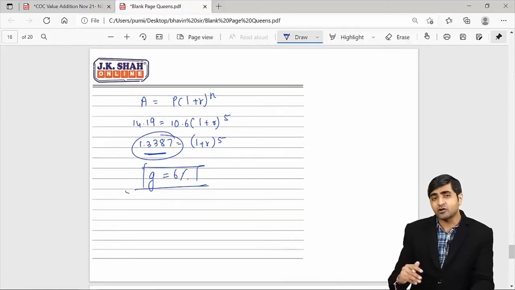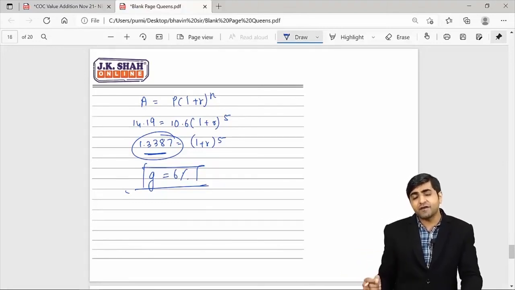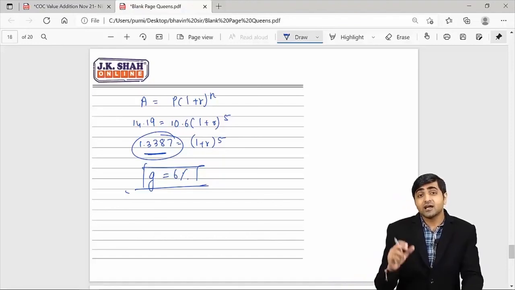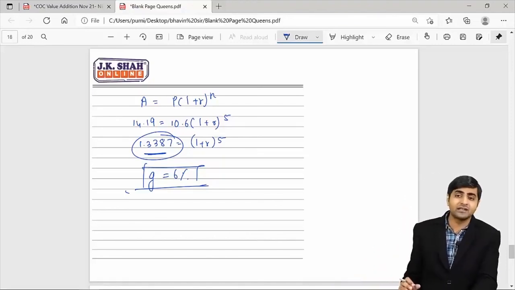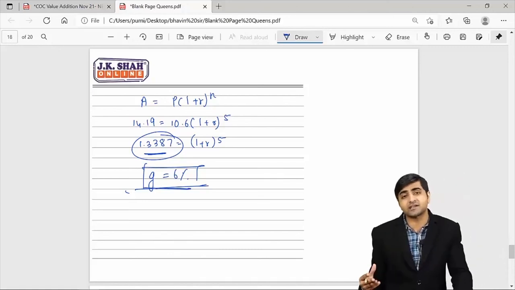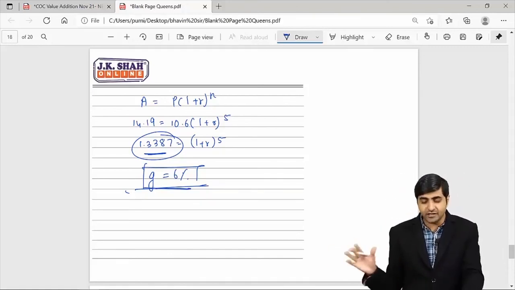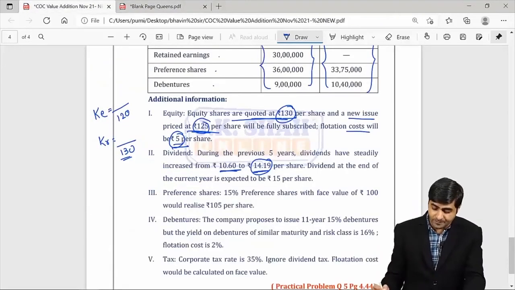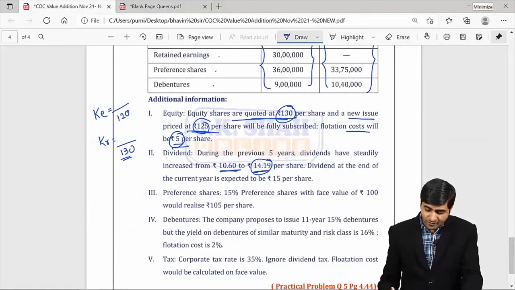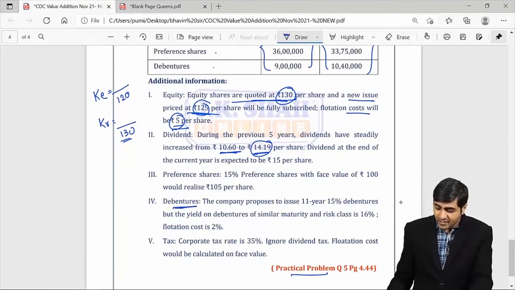So you just have to check your future value interest factor table at the end of the 5th year, what will be the rate at which the compounding will give you 1.3387. Just by looking at the table, you will understand that the growth rate is coming as 6%. So once you have the growth rate available, then you can use your dividend yield growth approach for the purpose of calculation. Then my dear students, your preference share calculations are easy here, but yes, your debentures,